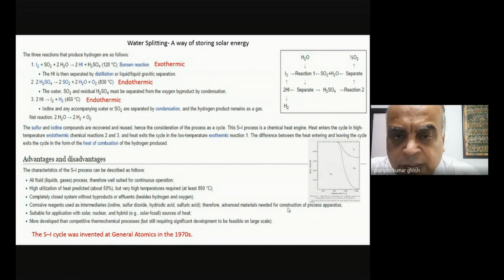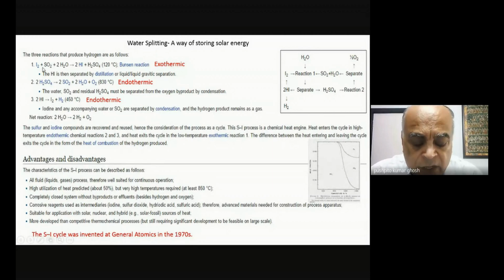So this probably is the first one, and it is known as the SI cycle. It was invented in the 70s by a very famous company called General Atomics. So let us try and understand what they did and how smart they were. Another thing which you must remember, when we do electrolysis of water,